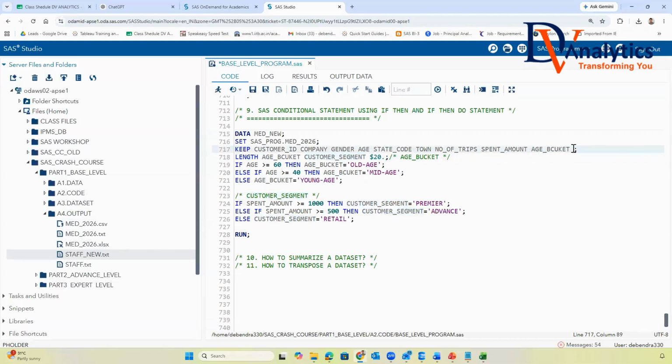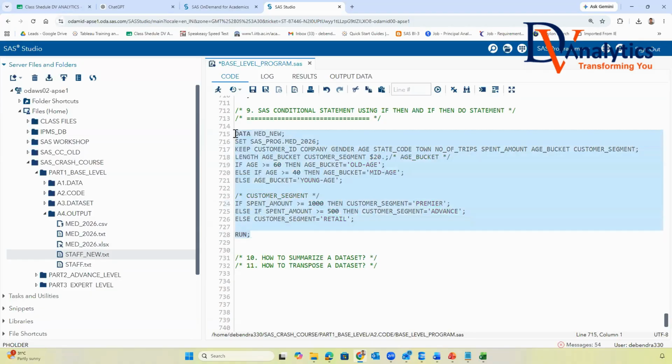There is a spelling mistake in age_bucket. Okay, I think it's perfect. In the last line, the length also has a mistake for age_bucket. Is this clear now, guys?